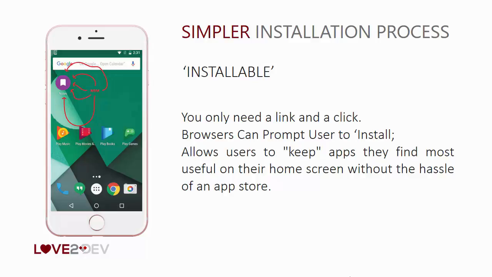What are those criteria? Well, be served over HTTPS. Have a valid web manifest file with the icons that are needed. And I've got a video and blog post on what your baseline icons for your progressive web app need to be. I'll give you a hint. You need 17 images. But I've got a trick in there so you don't have to worry about making 17 images. I got a trick to make those for you. Anyway,